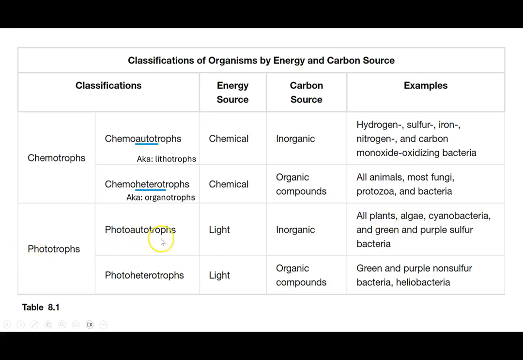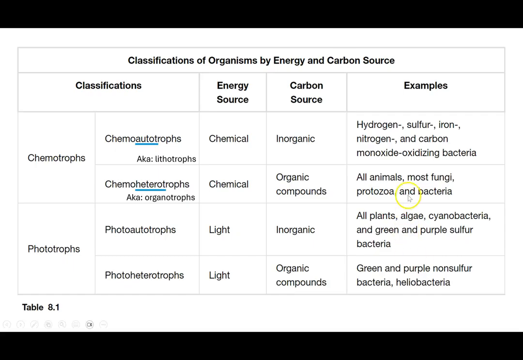Under the phototrophs, photoautotrophs are going to take light and some sort of chemical, inorganic compounds, and create their own energy. So these are going to be all plants, algae, cyanobacteria, and then there are green and purple sulfur bacteria, which are kind of cool organisms. Photoheterotrophs, again, need those organic compounds, so these are going to be green and purple non-sulfur bacteria, and a class called heliobacteria. So we're not going to look at a lot of these types of bacteria in too much detail